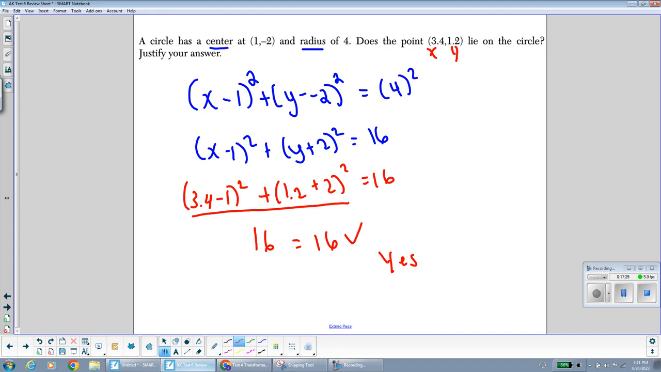When we take our equation and we plug the point into the equation of the circle, we get a true statement. So the point does lie on the circle. The answer is